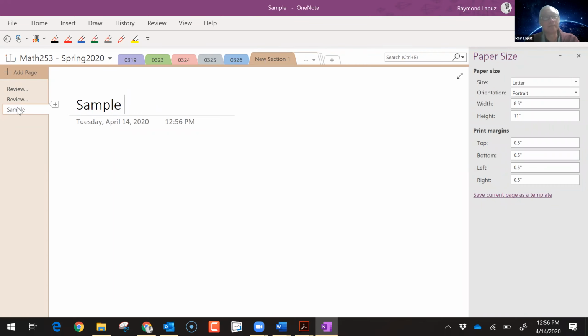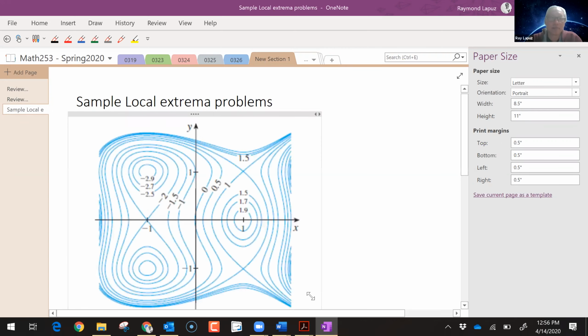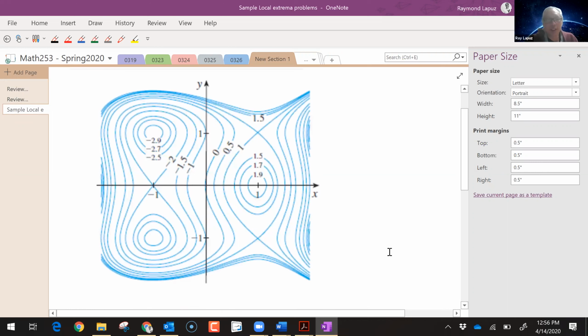Sample local extrema problems. Let's take a look at a problem that might be similar. I don't think I graphed anything this fancy, but there are things I want you to get from level curves. Here's an example of a level curve where they have labels. The labels tell you the height of the curve at whatever points there are. What I want you to do is be able to identify the maximums, the minimums and so on. So first of all, take a look at